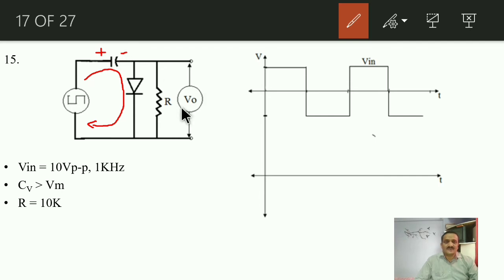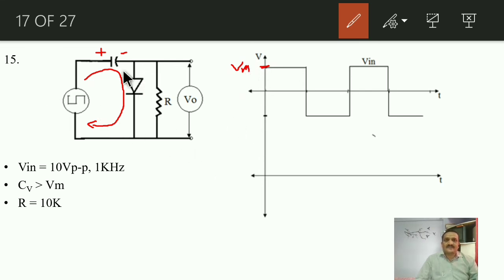In that case, the obtained output voltage will be almost equal to 0.7, or we can say it is almost equal to 0, because there is nothing but the drop across this diode, right? No current will flow through this highly resistive path, because current always takes the minimum resistive path, and that's why as diode is in forward bias, it will offer a very low dynamic resistance as compared to the very high parallel resistor of 10K, and that's why the output voltage will be almost equal to 0. Practically it will be 0.7. This capacitor will get charged up to Vm, because the applied square wave input has the peak value Vm, is it?